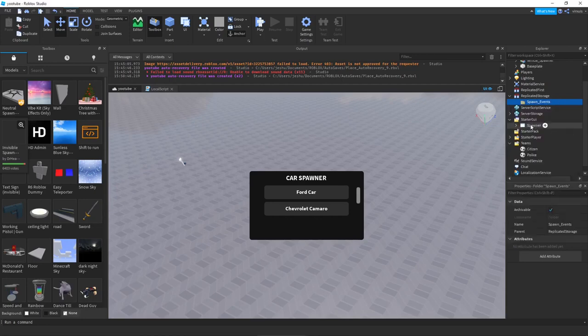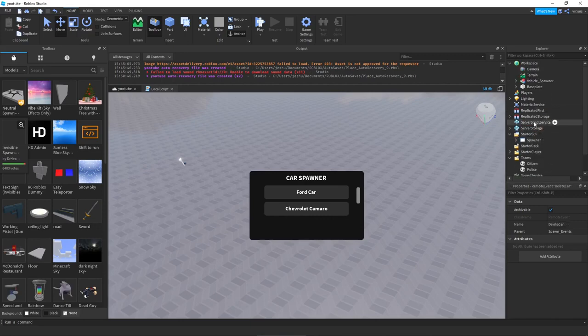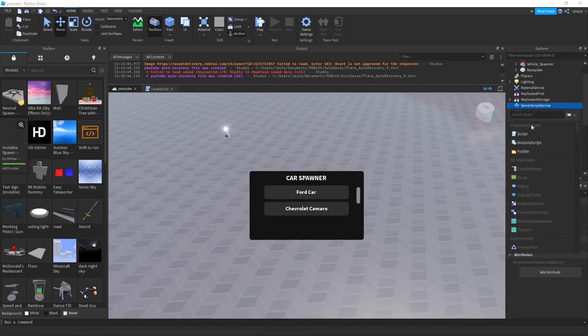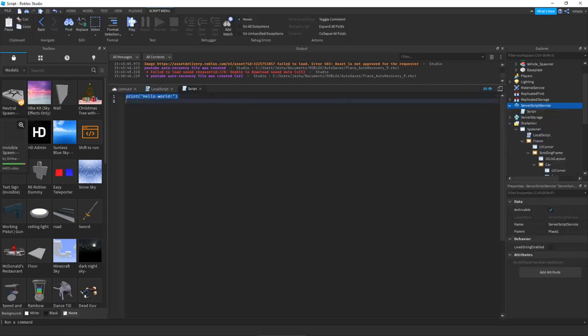We're gonna add 2 remote events. The first one is going to be named SpawnCar, and the other one will be named DeleteCar, just like this. Now that we have everything basically set up, we are going to continue with the spawning script. So let's go ahead and make a script in ServerScriptService, and we are going to write the following: